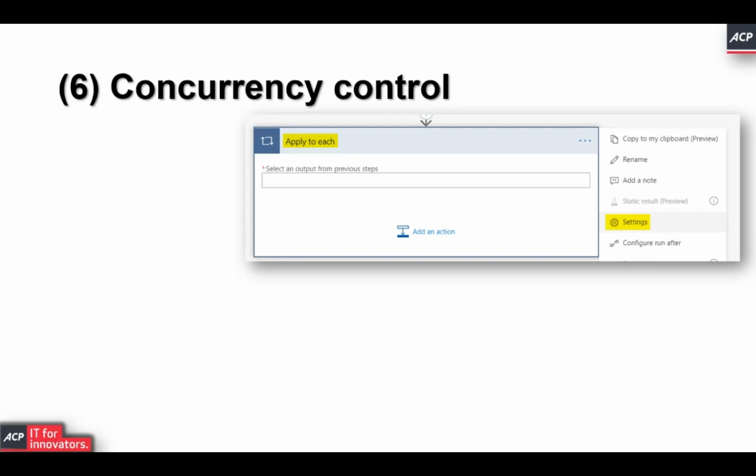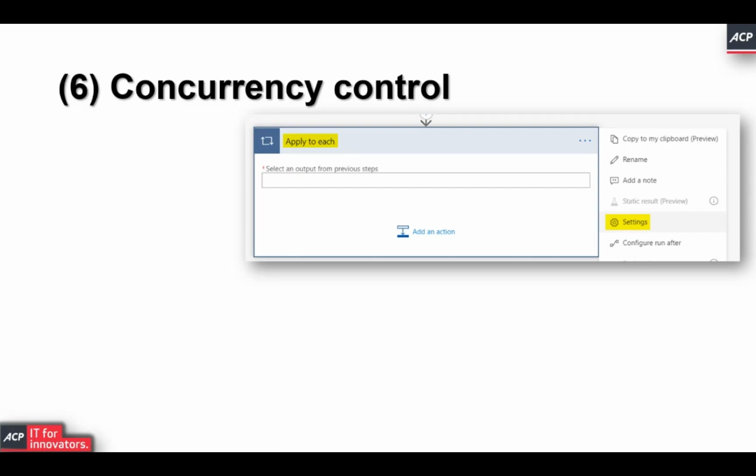If this is a problem that's happening to you, it's pretty difficult to spot because it's not an error as such, but usually you can debug this when you look at your flow after it's run, and it should have looped through very, very different records, and you can see that all the records are pretty much the same, or half of them are being left out. That's how you can tell that concurrency control did its job.